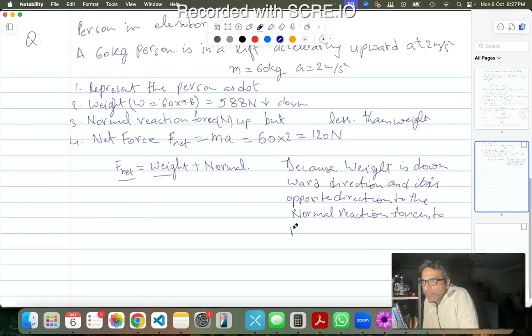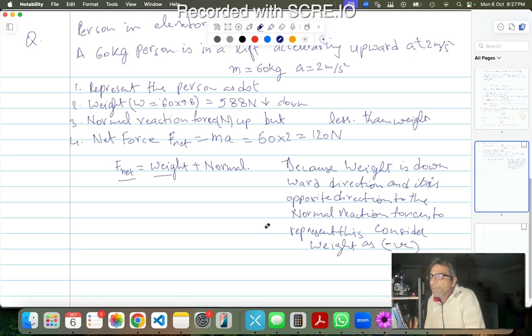To represent this, consider weight as negative. Okay, so then F net will be the negative of the weight plus the normal, right? So we don't know the normal reaction force, we can say